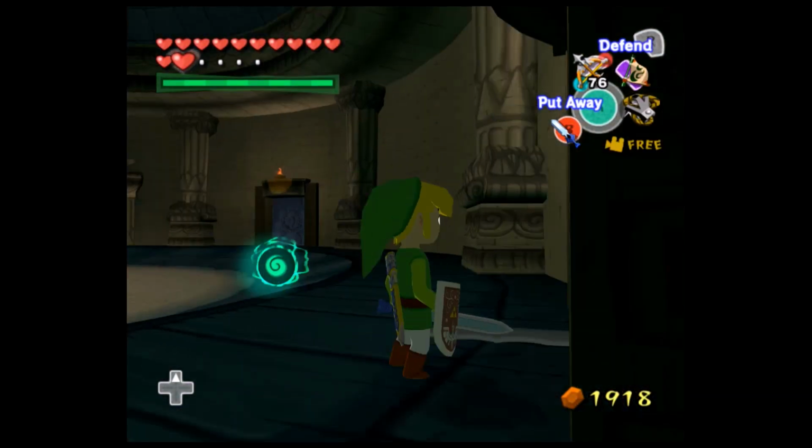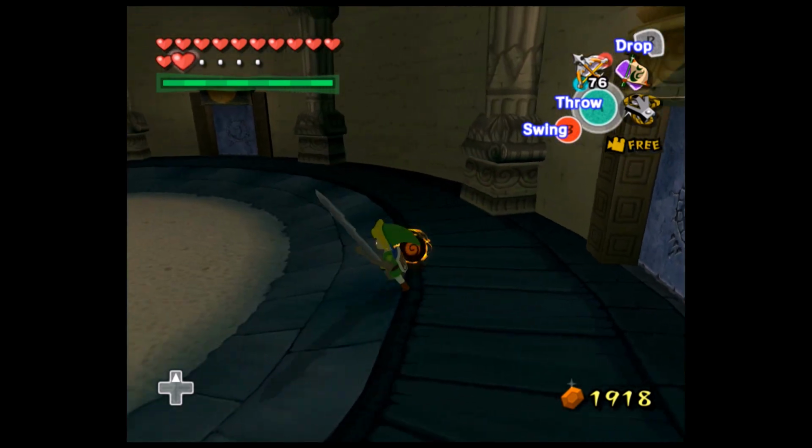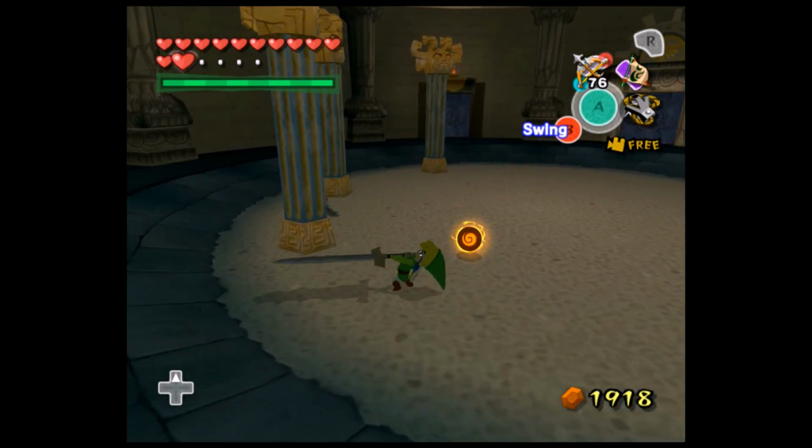Alright, and now I can... Perfect. So that door now opens up. But I want to bash open these other pillars, so...